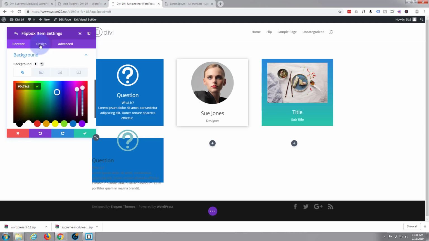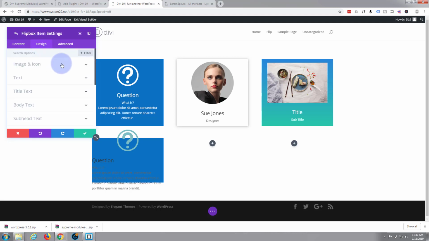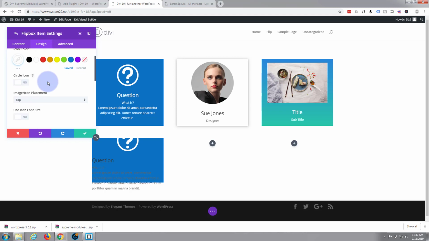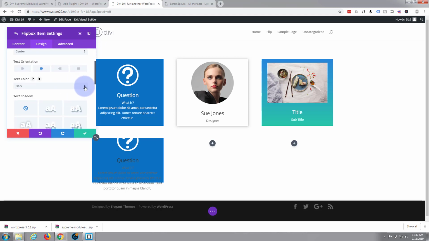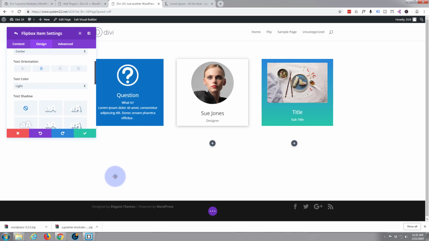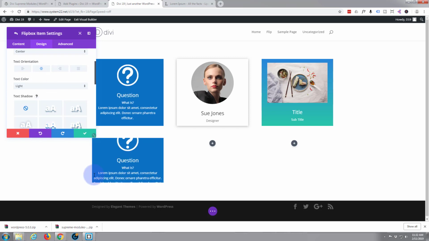So let's go to design. And let's make our icon white. And text, we want to have that as a light color, and I'm going to make it centered. And light. There we go. So we can actually see that now. But like I say, the content